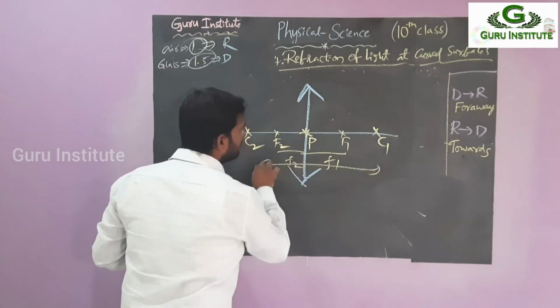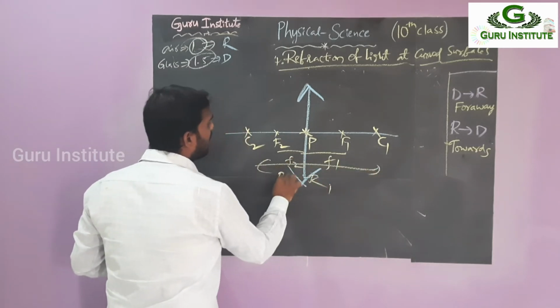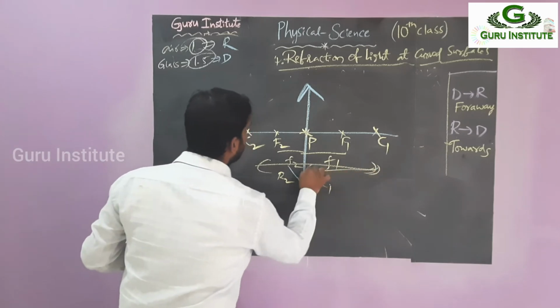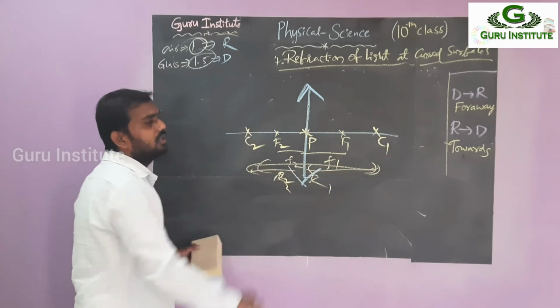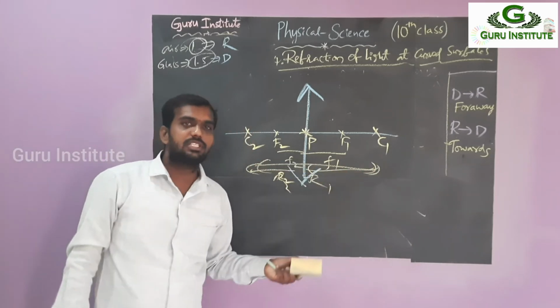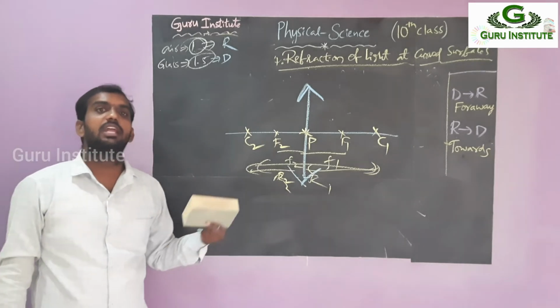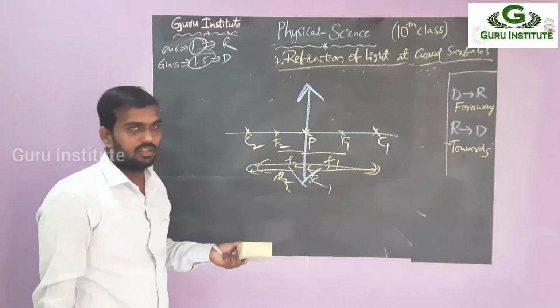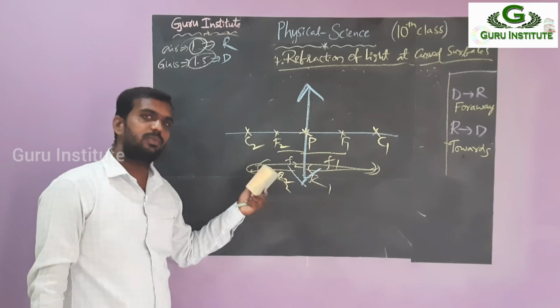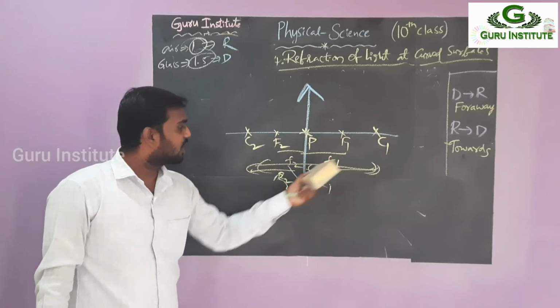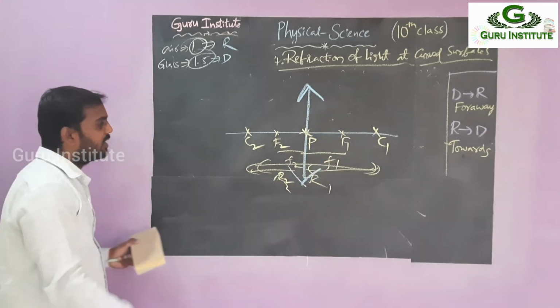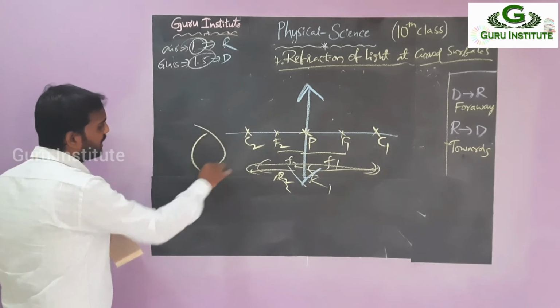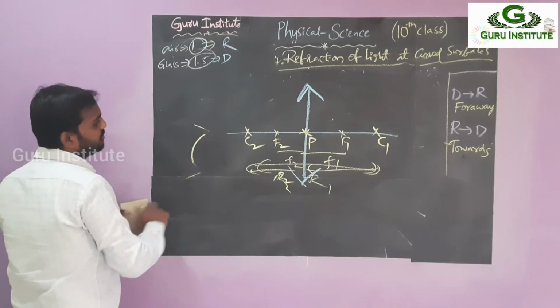And two radii of curvature, R1 and R2. So front side R1, back side R2. These focal lengths and centers of curvature, should they be the same or need not be the same? Clear? So F1, F2, should they be the same or not? And R1, R2, should they be the same or need not be the same? I will explain like this, and like this. Okay? So like this it happens.